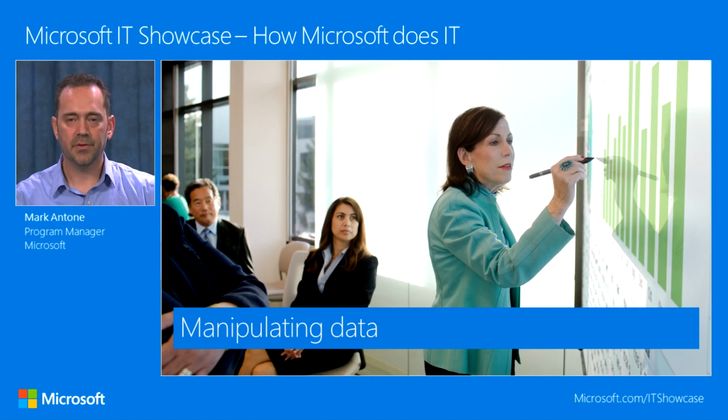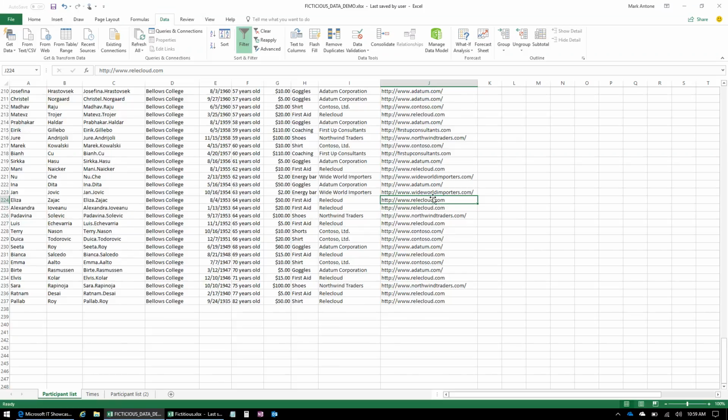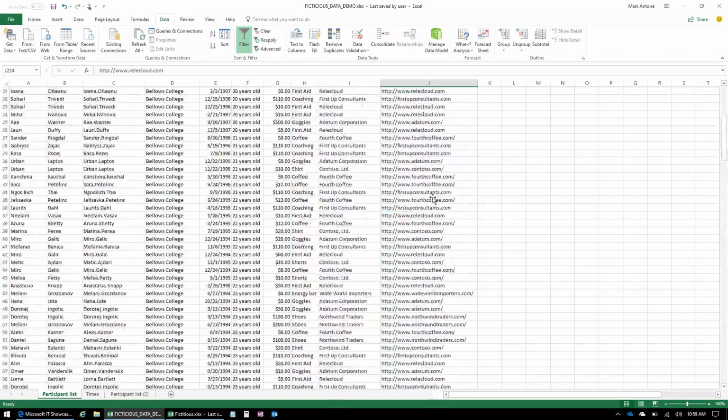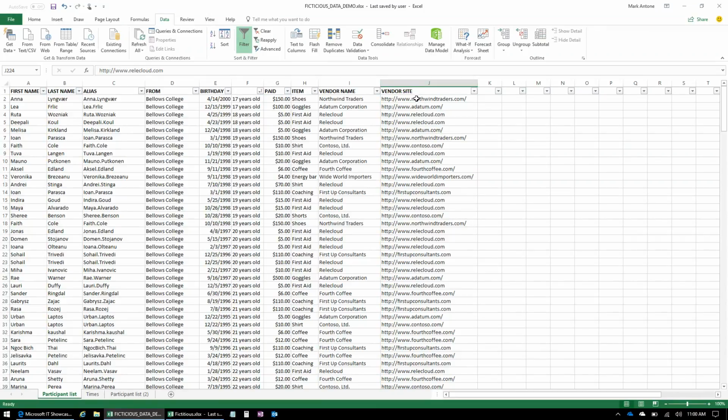So now I want to show a little bit about how to manipulate your data. Sometimes you get data in and you need to change the data somewhat. So let me show you how to do that. Let's say you have this data here, column J, and you want to separate all the company names from the URLs, from the